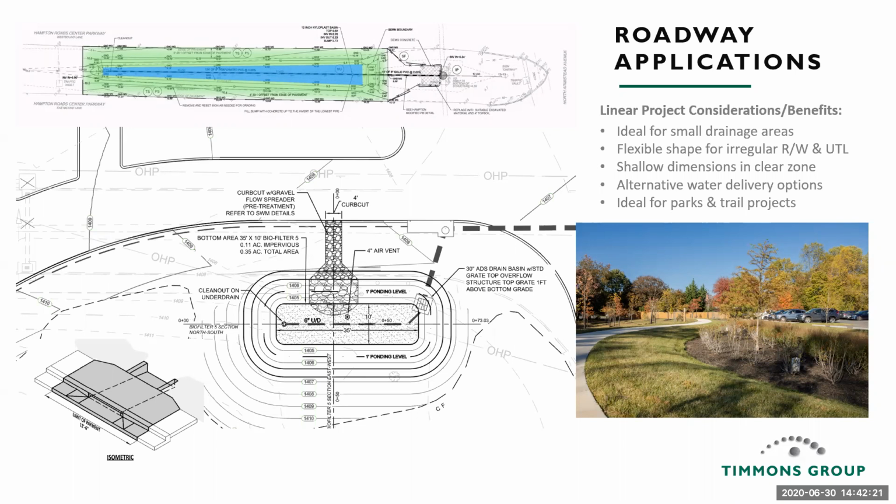It also provides an opportunity. There's not a lot of fixed objects in these. So these are ideal in the clear zone, off the roadway. If there are any concrete structures or fixed structures, you can put a 6-to-1 stone wedge around it, but they're generally considered free of fixed objects. You can use them on some of those roadway applications.